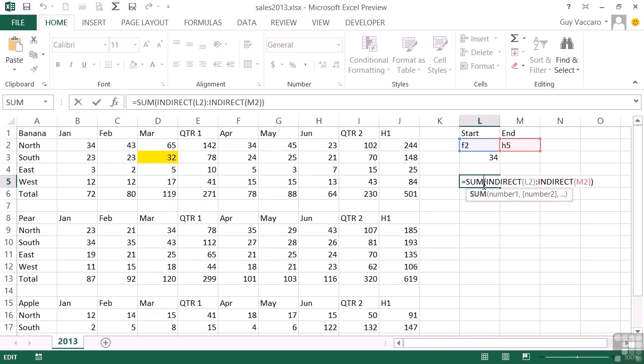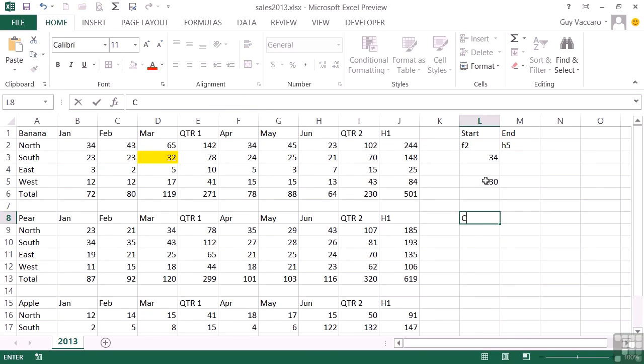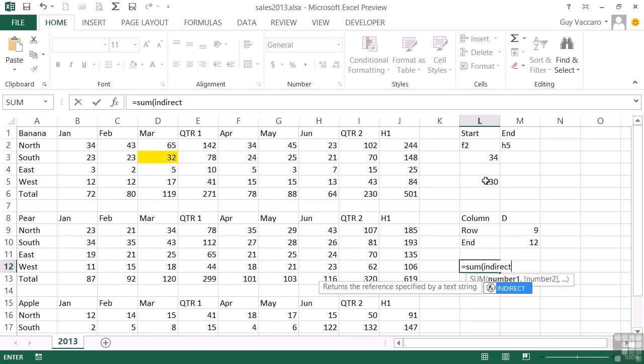Now, inside the indirect itself, so here, we could actually even put some concatenation to physically build the cell reference. So I come down a little bit and let's say column, row, end, and then we say let's pick on column D, start in row 9 and finish in row 12, and then add up that range. That's equals sum, open brackets. So the start of the range is driven by indirect on whatever letter is put in there, ampersand, whatever row